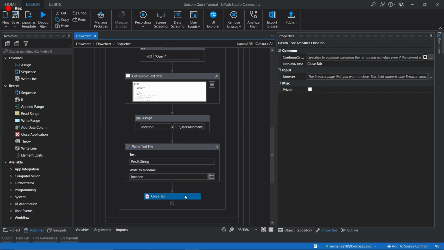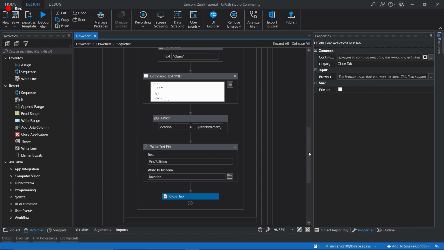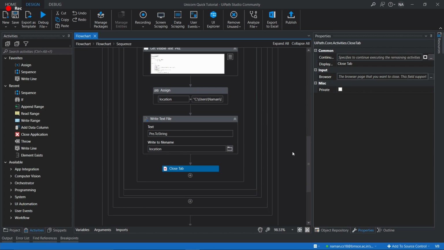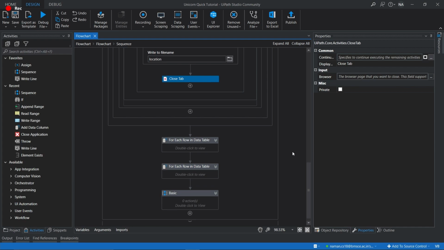After all this is done, we are closing all the tabs, because as you can think, in a practical scenario, there won't be just two or three links. There can be more than 100 links together. So we don't want about 100 tabs to be opened in our laptop. So we are closing everything at the end of execution.